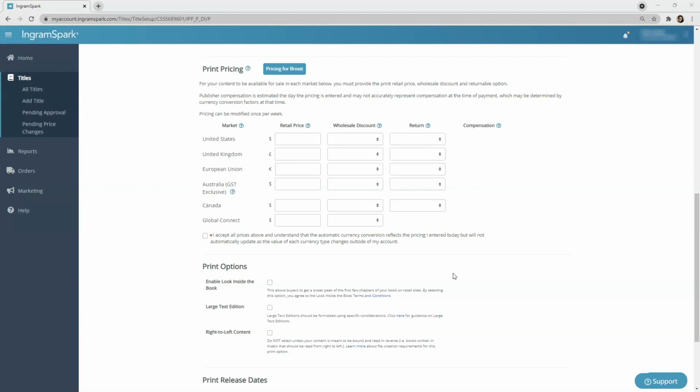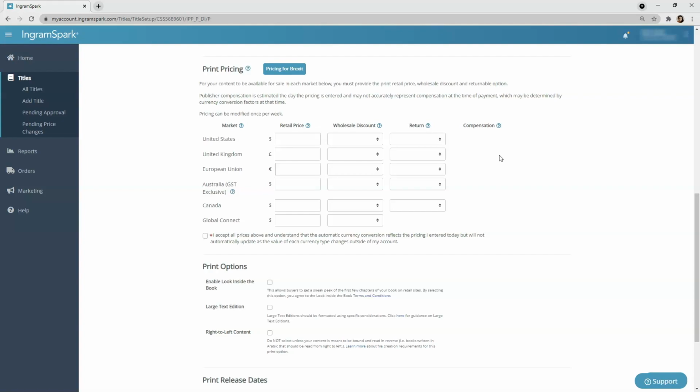This is a discount that is given to our distribution partners and is not a retail discount. As you can see, the U.S. market allows you to go between 30 and 54%, and then other markets will have their allowances. The U.K. allows between 35 and 54%. Keep this in mind. If you choose a lower discount, it's less likely to be picked up by a bookstore, and if you choose a higher discount, it is more likely, but not guaranteed.